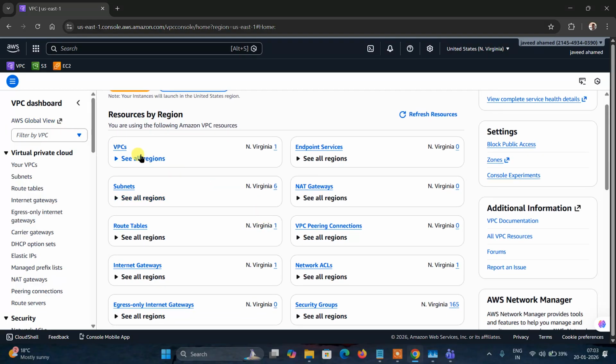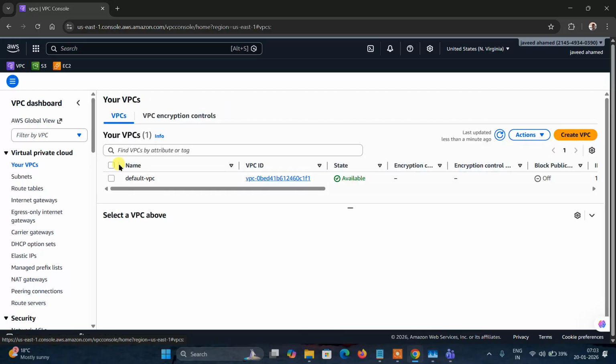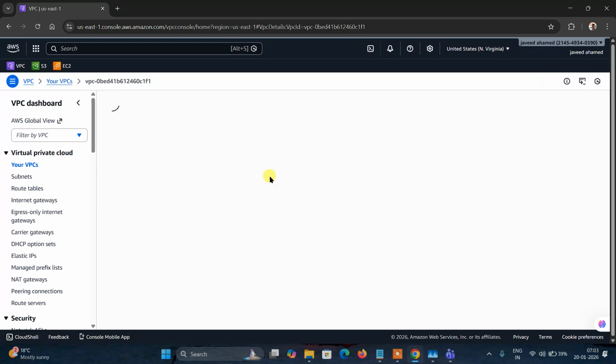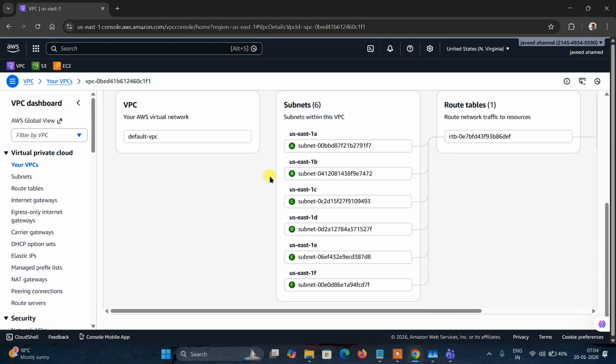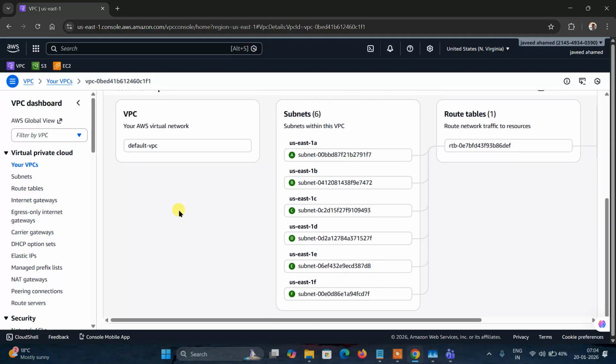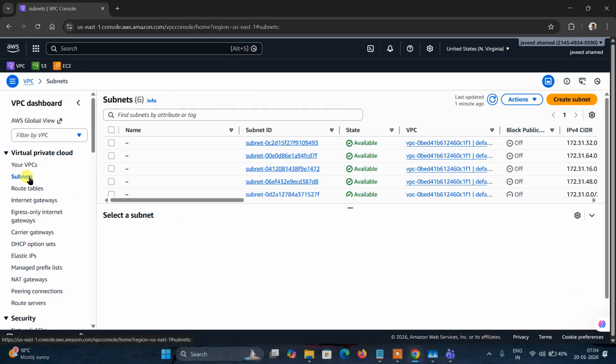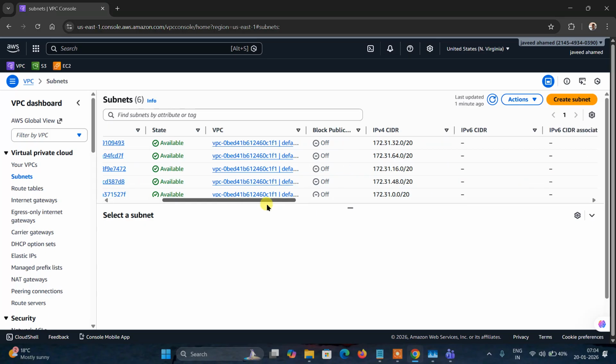Click on the VPC. There is already one default VPC created by AWS itself. Whenever you create an EC2 instance, it goes under the default VPC. This default VPC has 6 subnets because of how it is designed. North Virginia has 6 availability zones, and for each availability zone they created one subnet. How many subnets are there? 6 subnets. See here, their IP address is